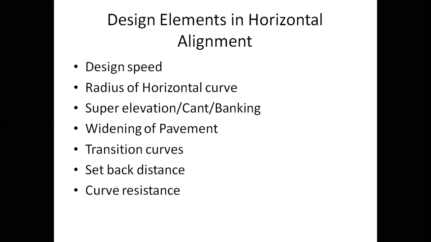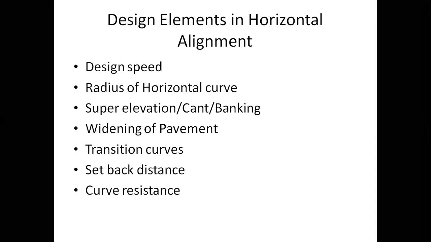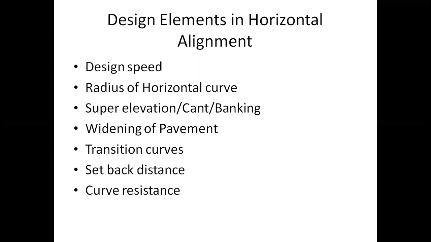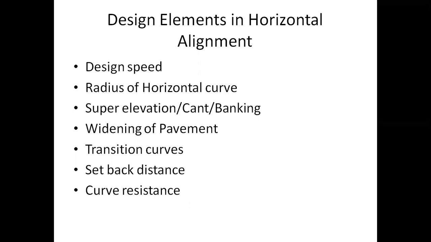Okay, so the design speed mainly depends upon the classification of roads and the terrain. If I talk about terrain, what will come under it? It will be plain terrain or rolling terrain. You know what a rolling terrain is, right? That is, you will have ups and downs, like the slopes will be varying. Then you have the mountainous or hilly terrain. You know what it is. So design speed mainly depends upon both of these.